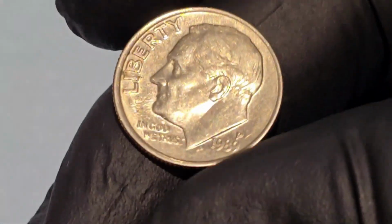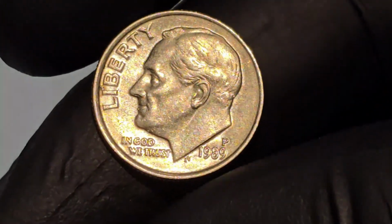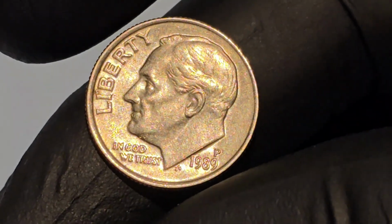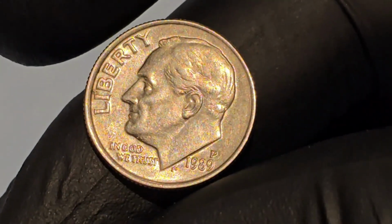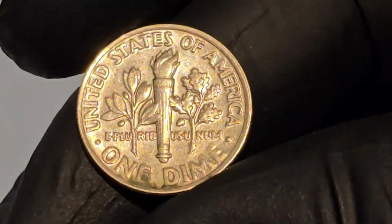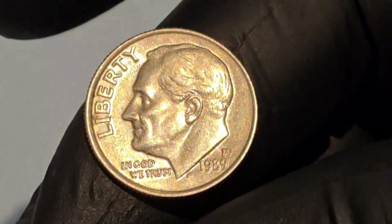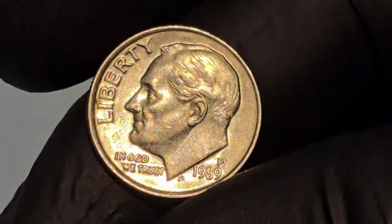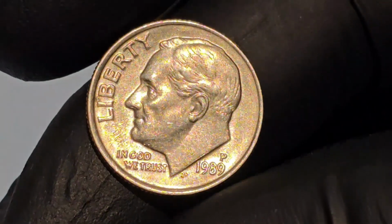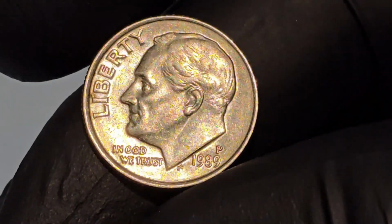The 1989 one-dime coin is a small but meaningful piece of American history. As part of the Roosevelt Dime series, it honors one of the nation's most iconic presidents and reflects the values of liberty, peace, and strength. While it may not be the most valuable coin in terms of monetary worth, its historical significance and connection to Franklin D. Roosevelt make it a fascinating artifact of